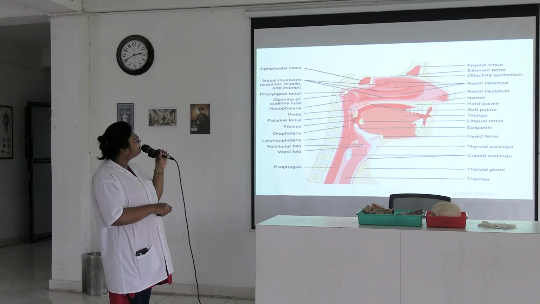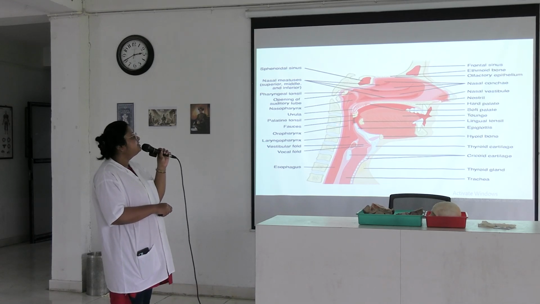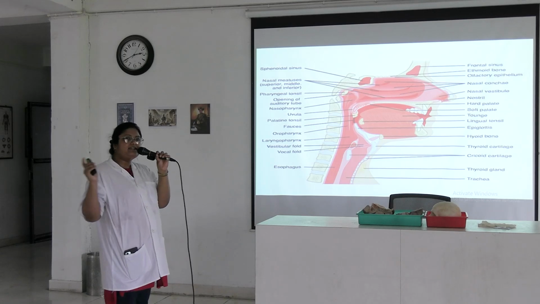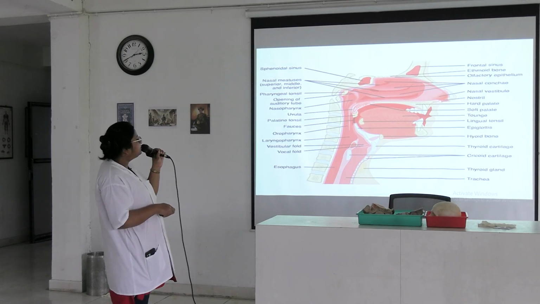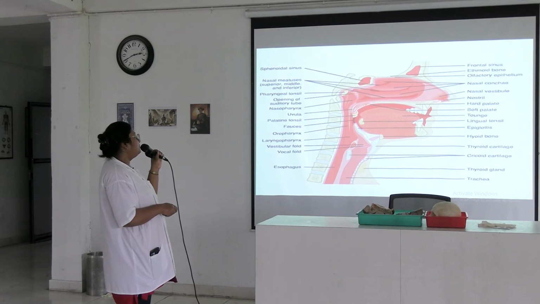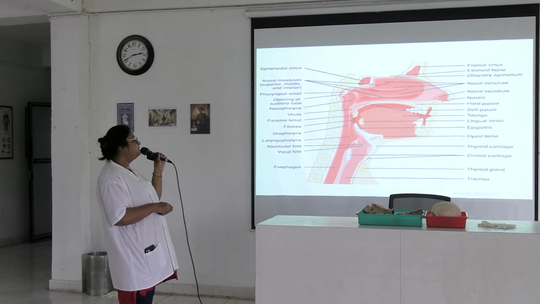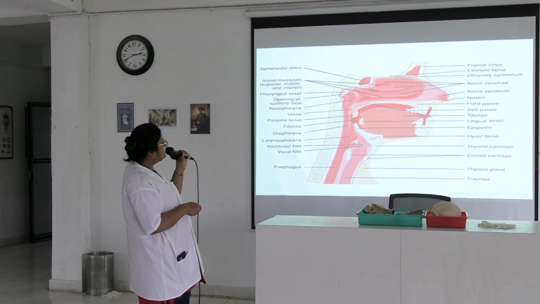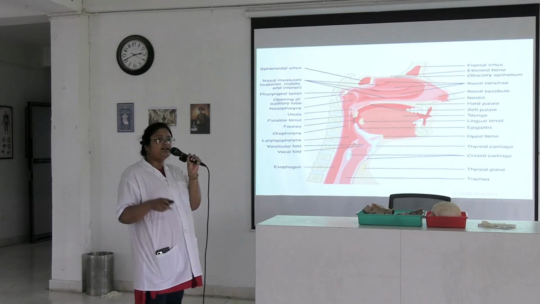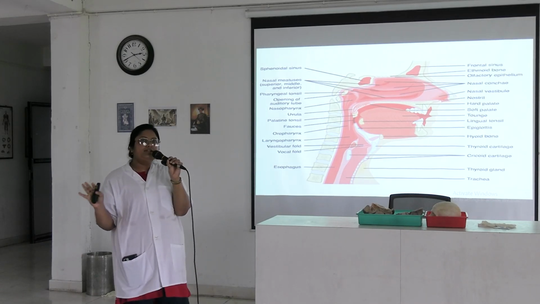Above the vestibular fold, this part is forming the vestibule of larynx. In between the two folds, there is saccule of larynx, and below the vocal fold is the infraglottic compartment. And on the two sides of this aryepiglottic folds, there is pyriform fossa. Boundary of pyriform fossa is important.